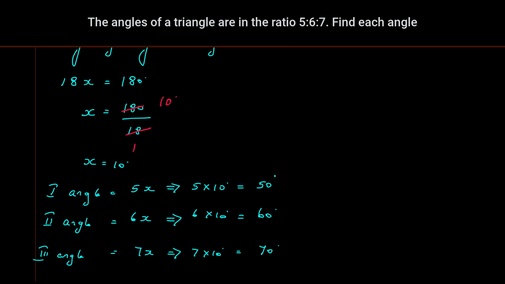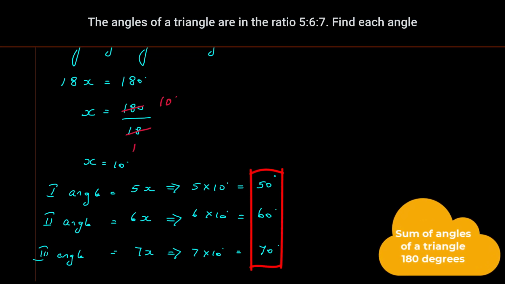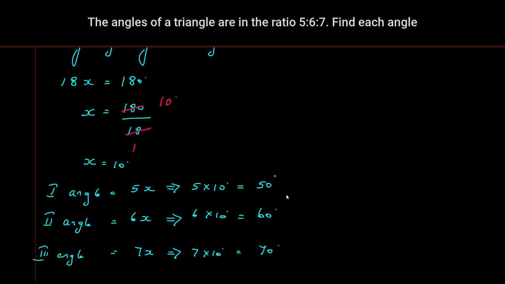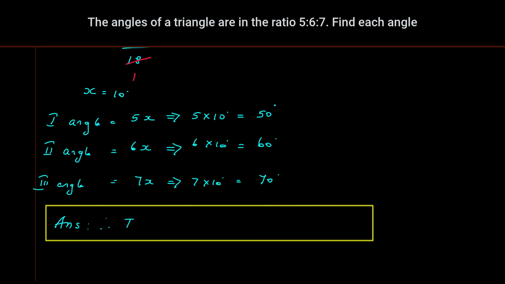When you sum up all the angles, it has to sum up to 180 degrees. Why? Because the sum of angles of a triangle is equal to 180 degrees. So you can do a check. 50 plus 60 plus 70 is equal to 180 degrees. So your answer is correct. Please don't forget to put the degree symbol. That is very, very important. Write the final answer step. Therefore, the angles are